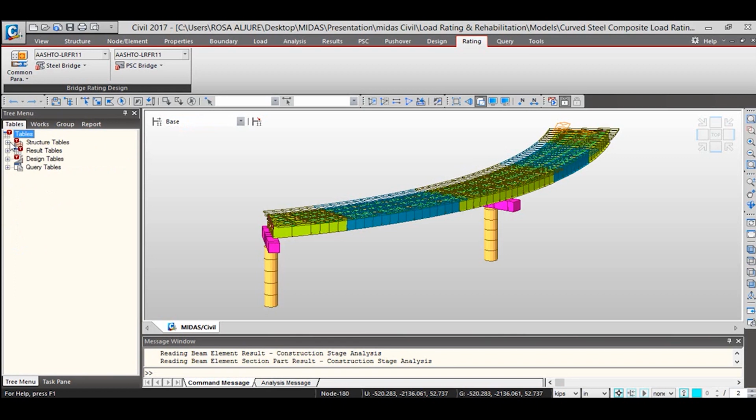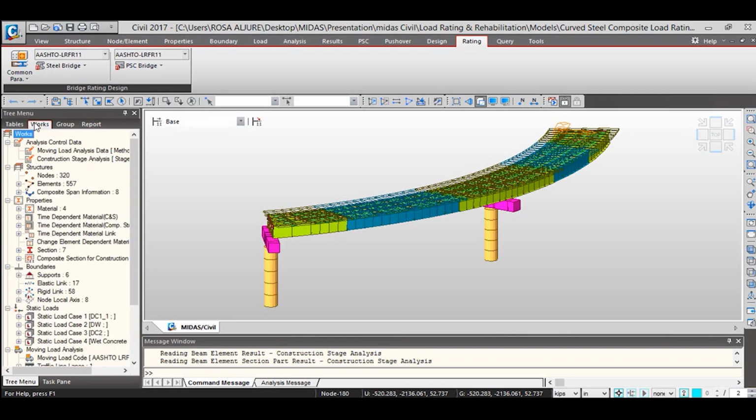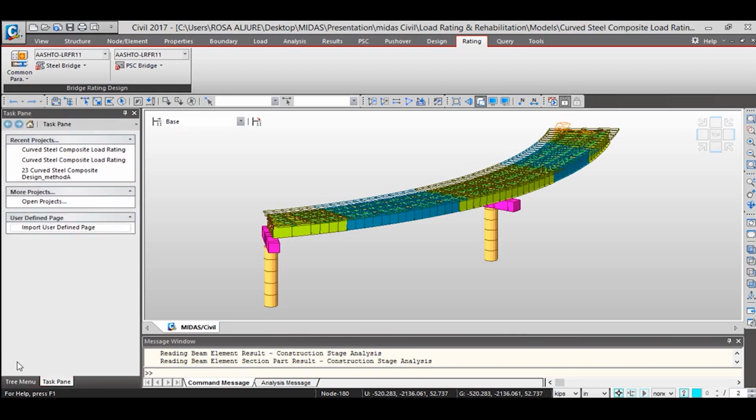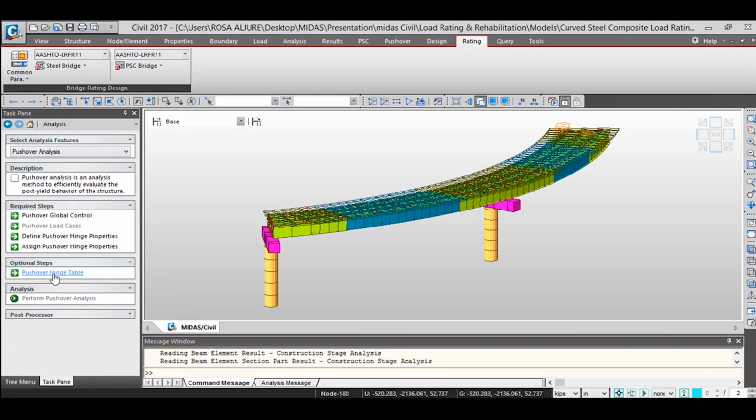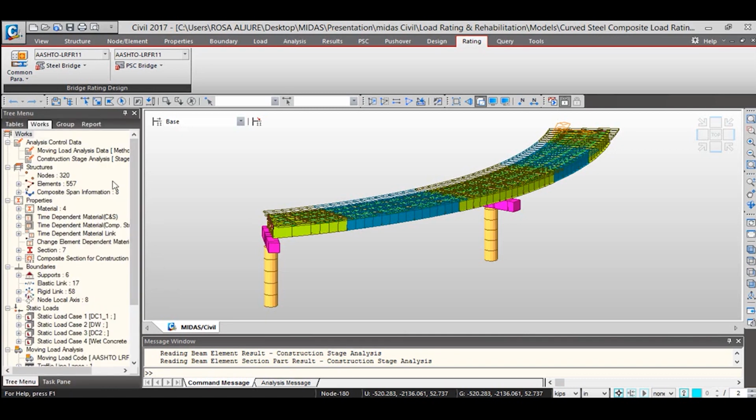You have the tables in which all the properties are also listed in a table format, and then you have something called tags pane, in which the program can tell you the different steps to perform a specific analysis. We have generated one for the load rating, and we're gonna also have it available for the users, so that they can simply follow the steps listed in order to perform the load rating analysis.